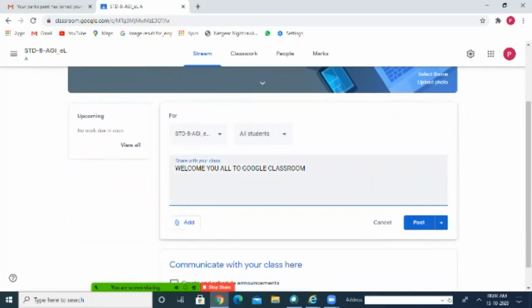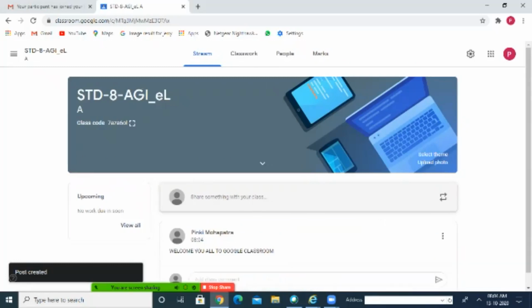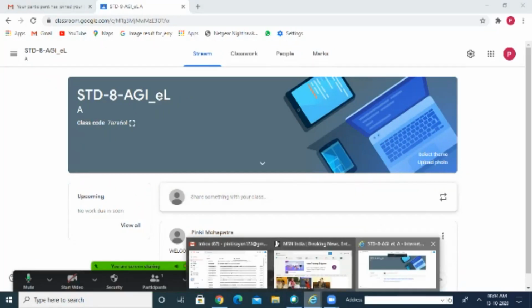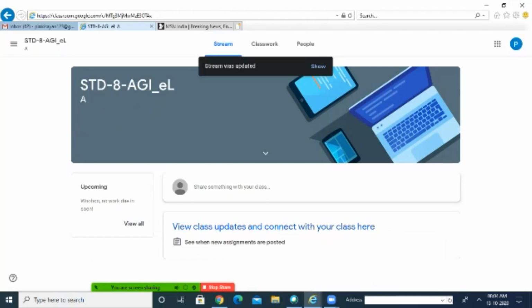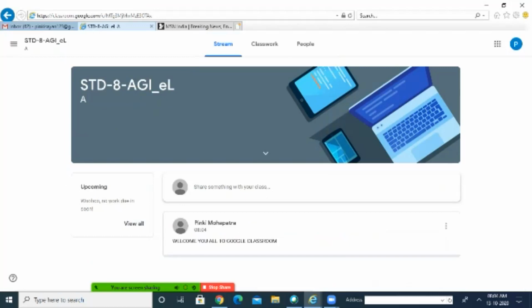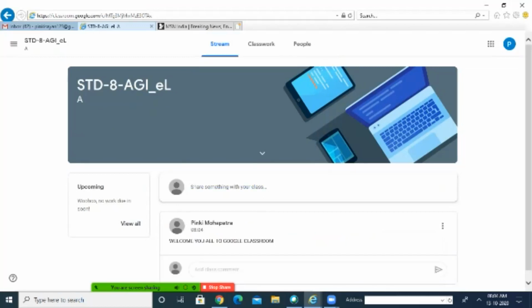After that, I am posting it here, post. Now let us see whether I can see this message. I am going to Internet Explorer and checking it. I have to refresh. You can see one message is showing, stream was updated. So click on show. Welcome you all to Google Classroom. So as a student, I can see the message.